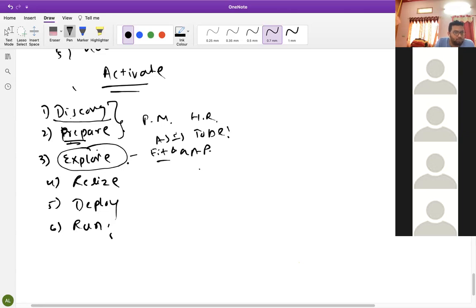But in the explore phase, we will give a sandbox server to those people. Sandbox server means practice server. The SAP practice server that I am giving to you, the same server we will give to our clients, so that they can practice: boss, this is our server, we are going to configure like this. Again, all these KDS documents need to be prepared; no need to prepare them in Activate methodology. We have standard templates in S4HANA.